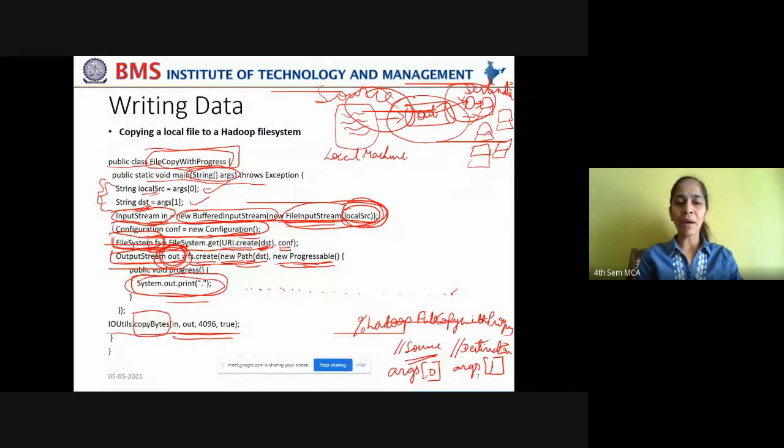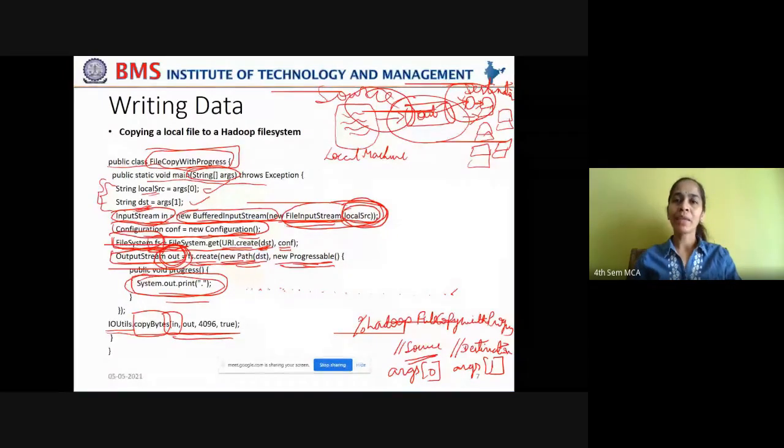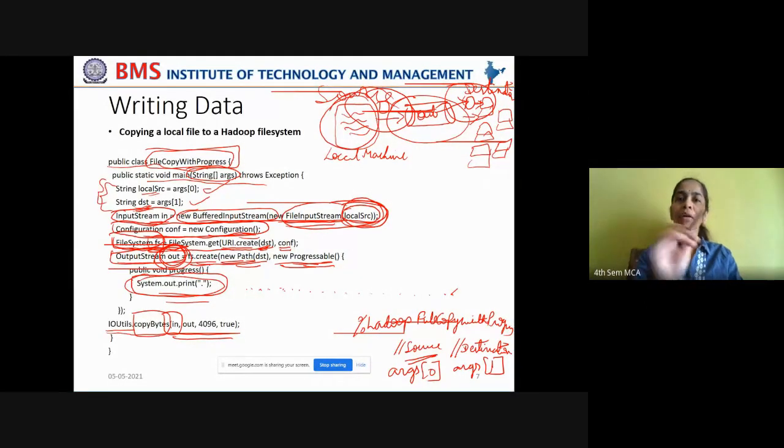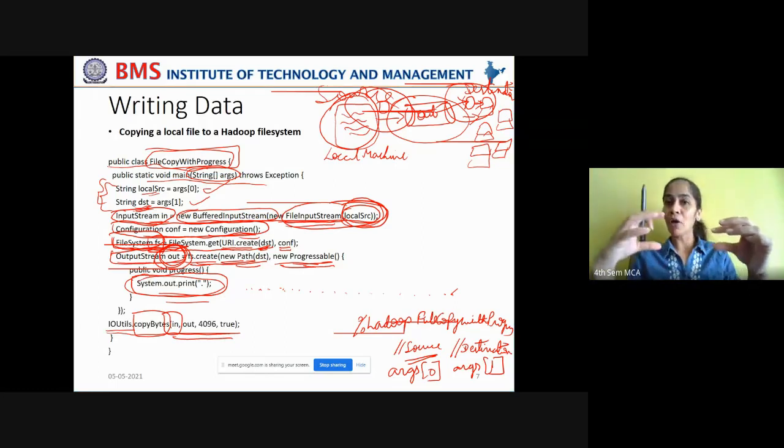So how to copy the bytes now? Using the copy bytes method of IOUtils class, you are reading the data from the input stream that is already having data that is read from your local machine. Understand this carefully. You are reading the data from the input stream into which the data is already fed from your local file, and from this input stream you are reading the data into your output stream,